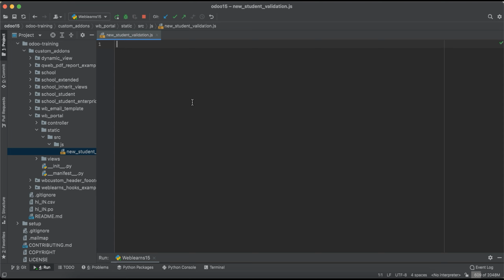Now the thing is we have to create the validation here. For that we have to inherit Odoo's default features, right? So the widget feature we can use to create our own validation feature here. For that we can use odoo.define. So you can see here we can use the module name, then after a dot, we can use new student form,